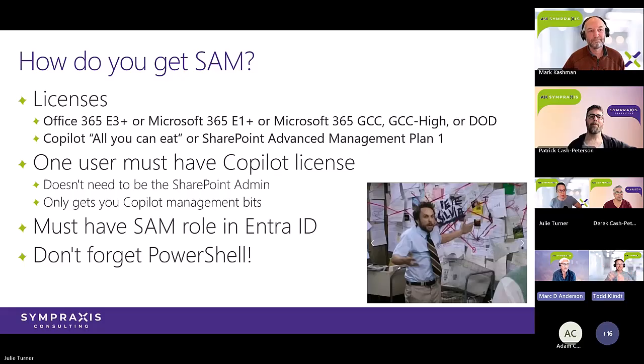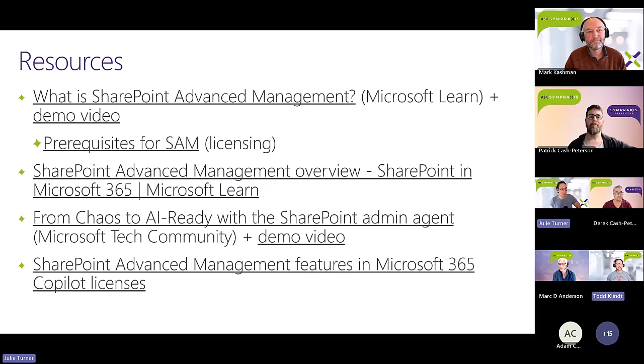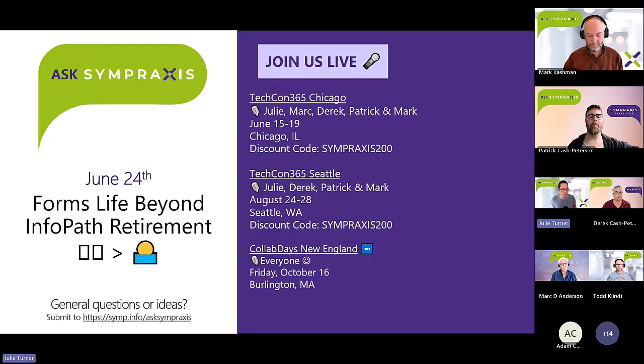Because I think Zach has that, writing a skill. And is Zach a skill? Yeah, and to Todd's point, Zach has that and has started that, and so that's going to be a good resource. I don't know if we included that resource, but since we are kind of out of time, let's. Oh yeah, it was two shows ago, one show ago. I can't remember. All right, here's a bunch of resources. We wanted to point out the demo and video from the AI-ready SharePoint admin agent. Okay. Yep. And then June 24th, Forms Life Beyond InfoPath Retirement is our next show, since InfoPath Retirement is happening.